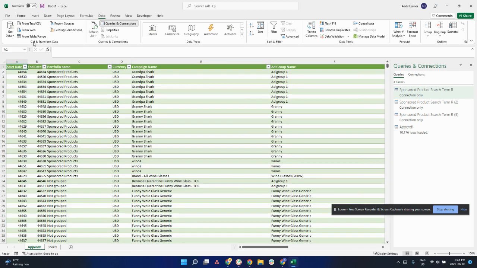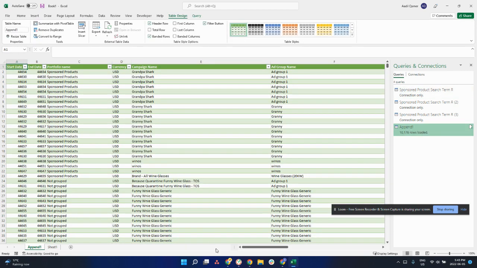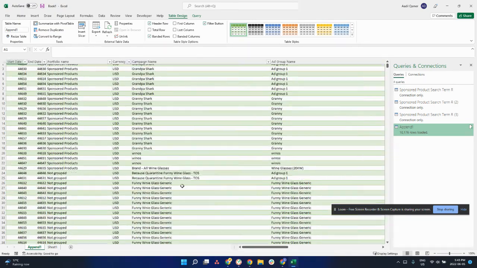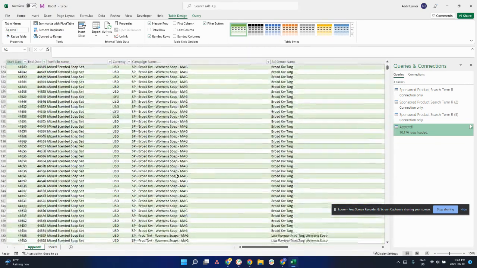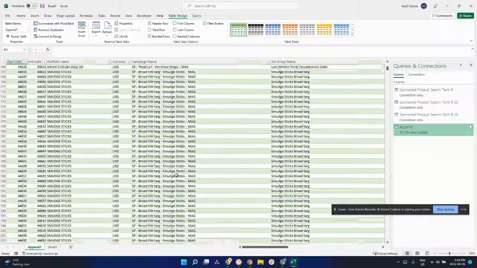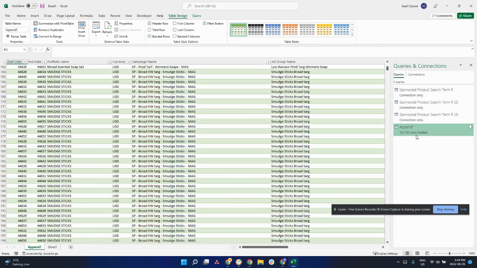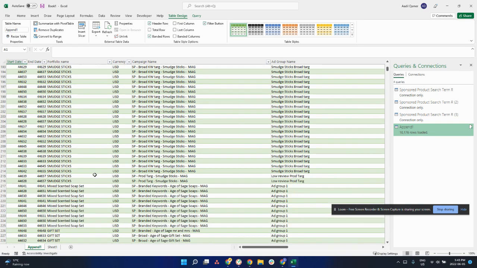So now what's happening is it's creating the whole table with all of this data from all of the three worksheets. So you can see these were the three connections, and this one is the appended one, which has all of our data from all of the three search terms. Okay, so now that the table has been completed,